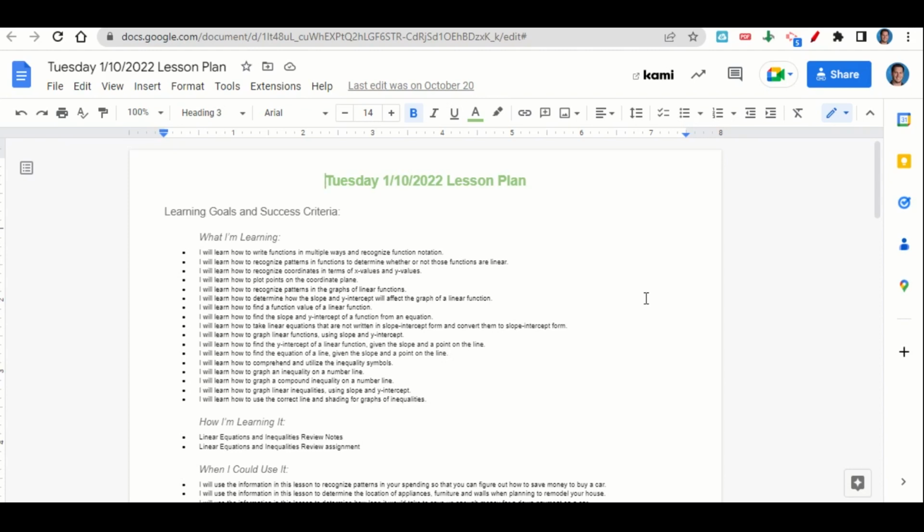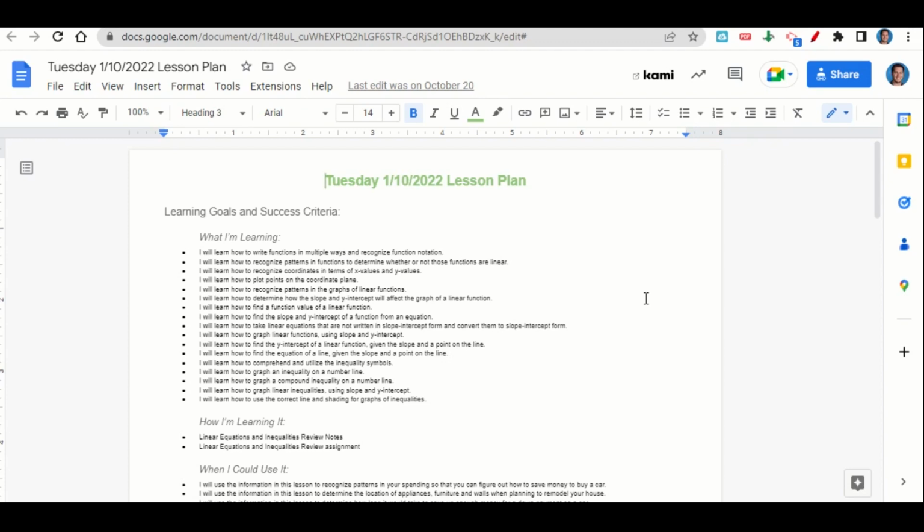of a linear function, how to find the slope and y-intercept of a function from an equation, how to take linear equations that are not written in slope-intercept form and convert them to slope-intercept form, how to graph linear functions using slope and y-intercept, how to find the y-intercept of a linear function given the slope and a point on the line, how to find the equation of a line given the slope and a point on the line, how